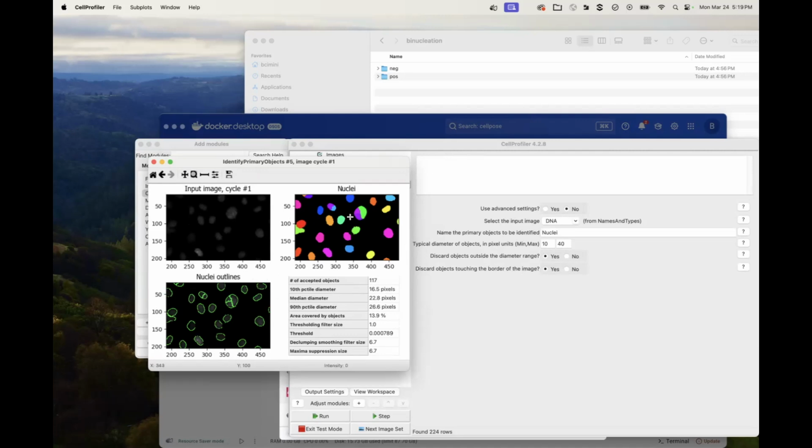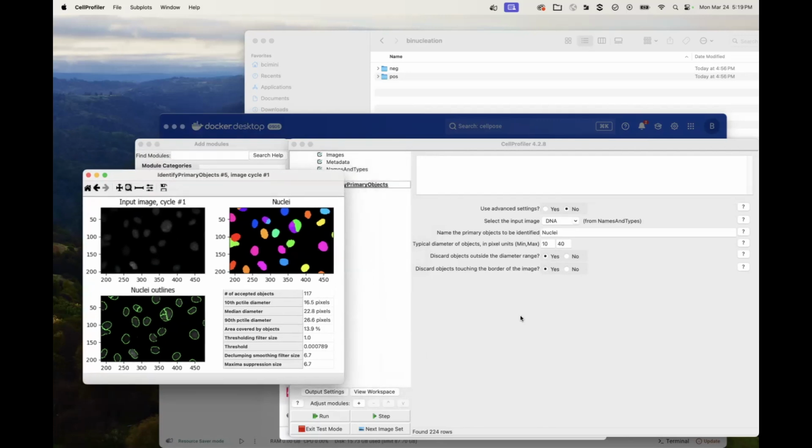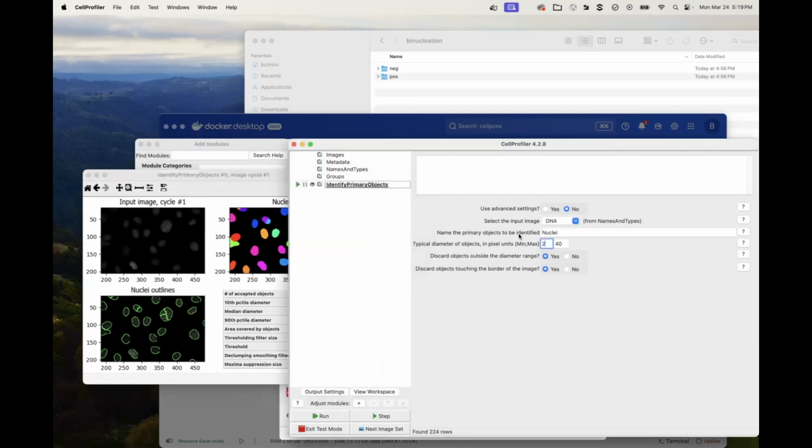If CellProfiler wasn't picking up on what is a nucleus and what isn't, I would need to change my thresholding settings. But if all I need to do is change how the nuclear stuff is broken down into discrete nuclei, sometimes I don't even have to move away from the default settings. I can just adjust the object size.